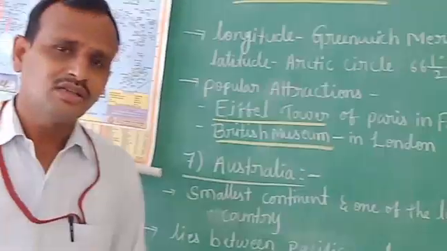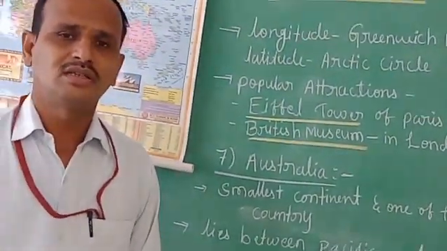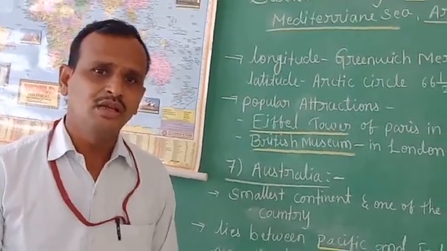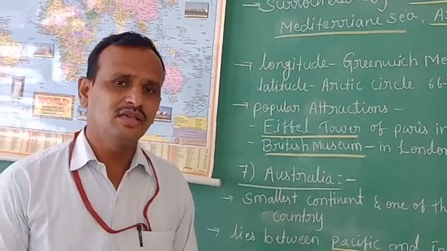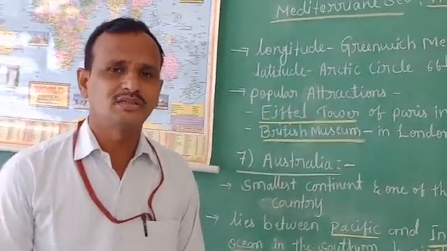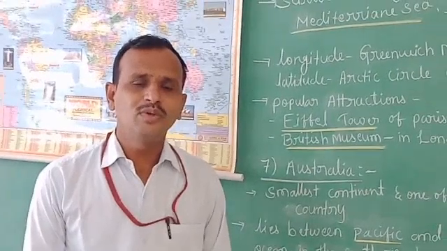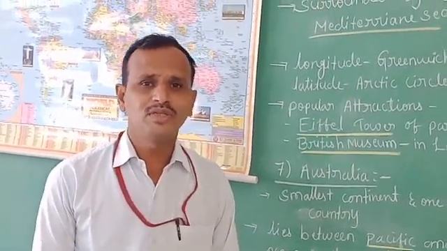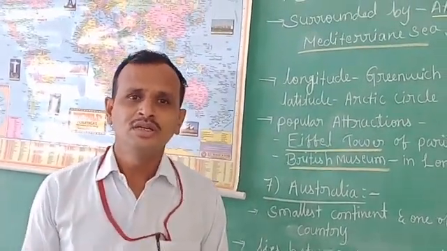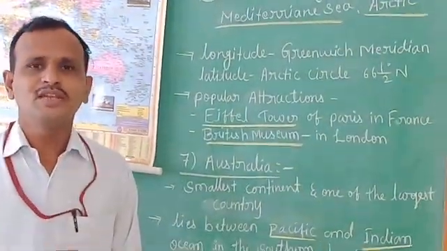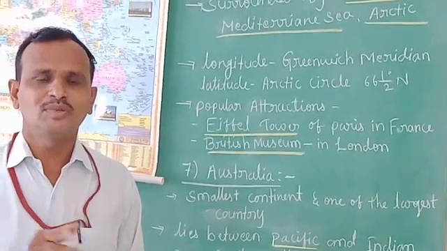Children, this Eiffel Tower is the tallest monument in Paris, and its height is 320 meters. How much height is it? 320 meters. Millions of tourists across the world visit Paris only to see